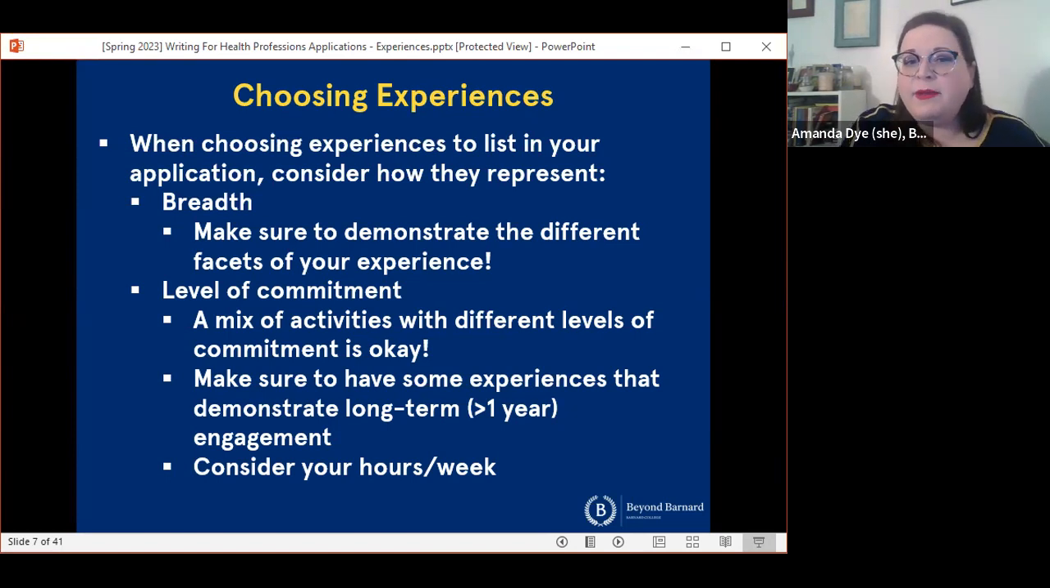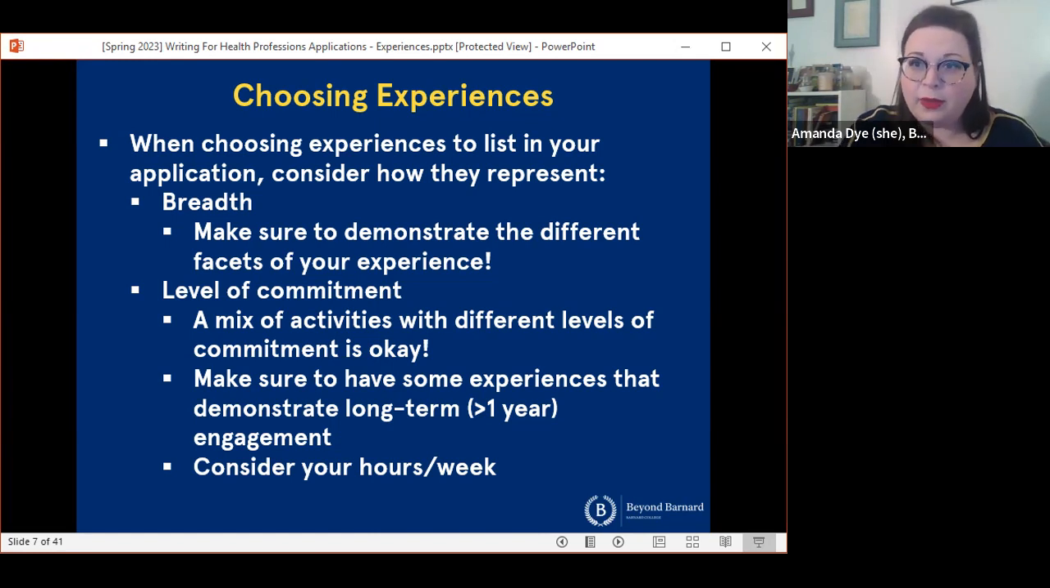You also want to think about the level of commitment that you can demonstrate in this kind of setting. So a mix of activities with different levels of commitment is absolutely okay. There is no expectation that you are only recording activities that you've spent years doing, right? Some of your activities might take place over the course of a couple of years. Some might be really long-term. Some might be a few months or a semester. It's a good idea, of course, to have some experiences that do demonstrate long-term engagement, but that's not going to